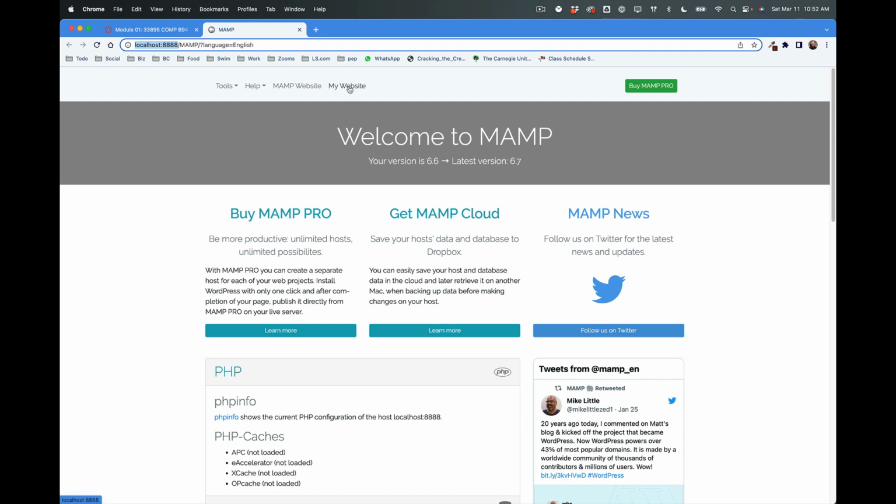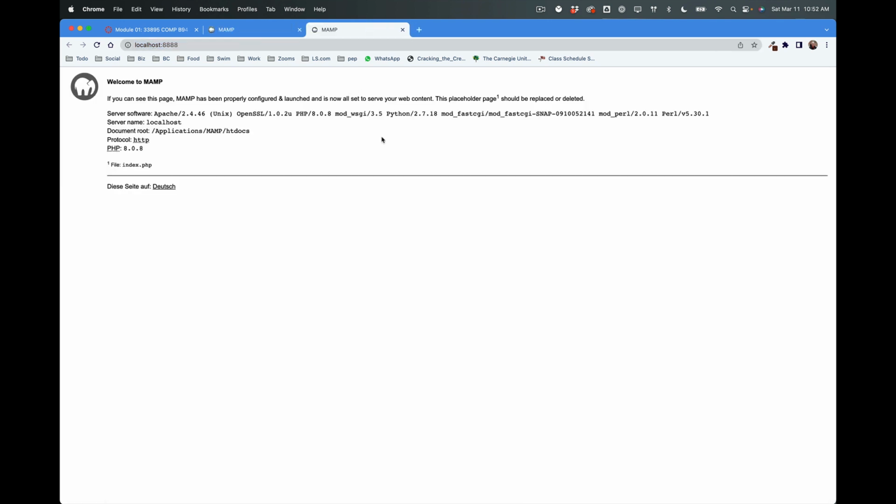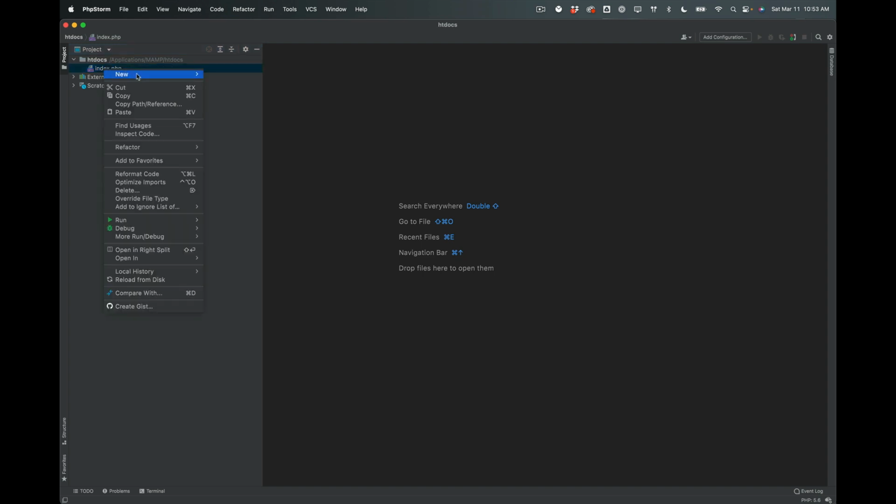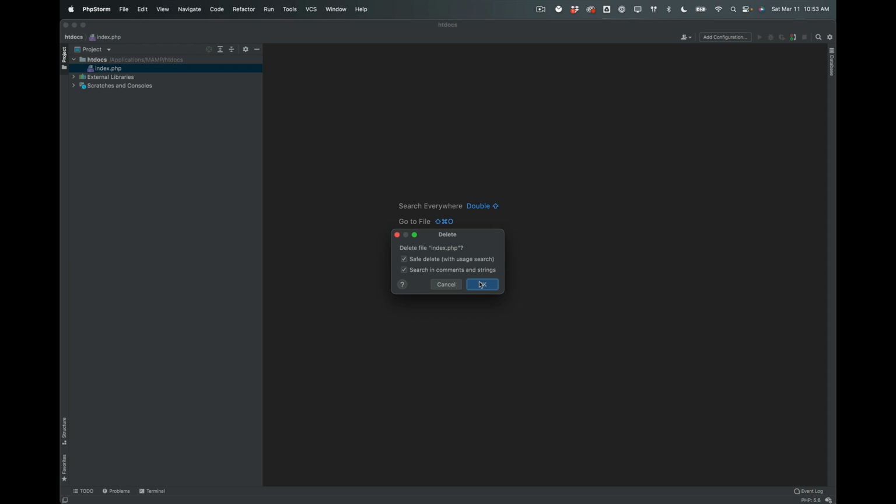And if I hit my website, it's actually going to show that folder. Then that is a good thing. It looks kind of like an error, but this is a placeholder page that MAMP creates in that folder. And if I go back, I can see now that it's created that page. So that's not the page I want for A1. For A1, we're going to delete that page, and we're going to create our own